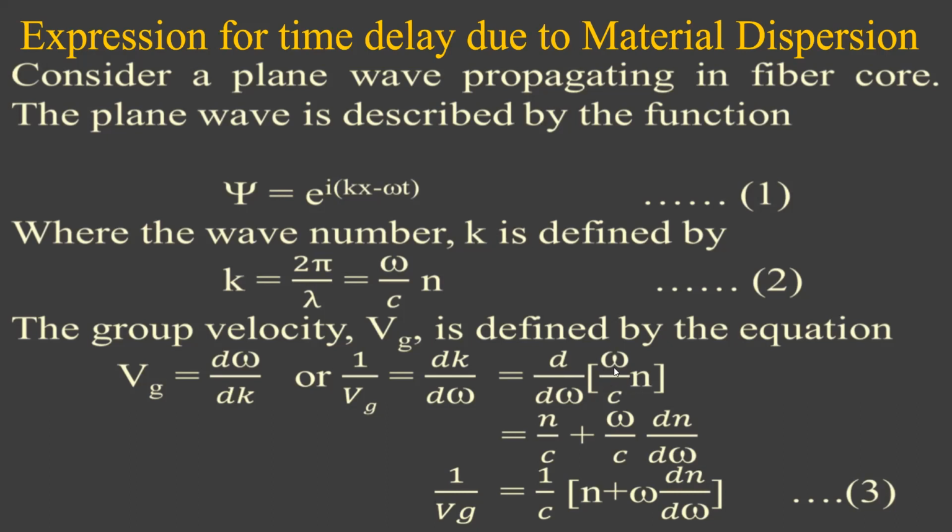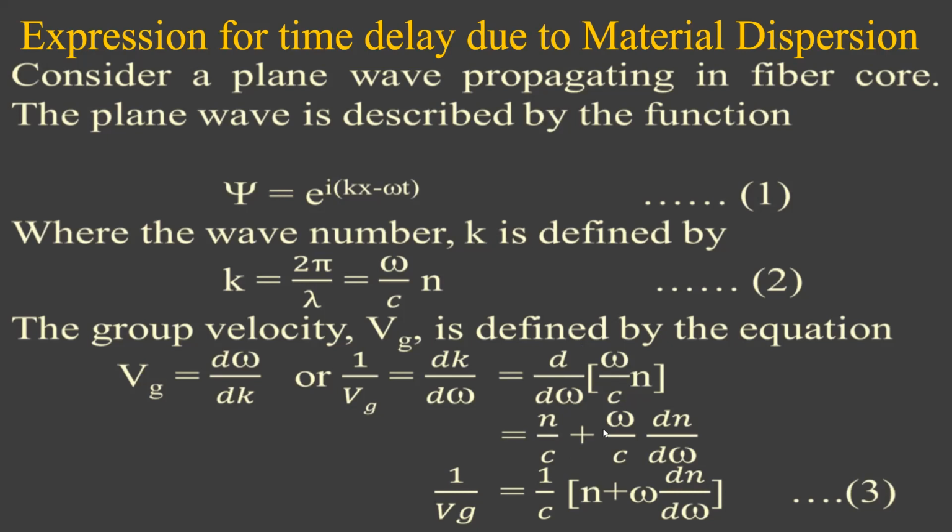Here two things are there, so you have to apply the product rule of differentiation. It becomes n by c into the differentiation of omega with respect to omega, which is 1. So it is only n by c, plus